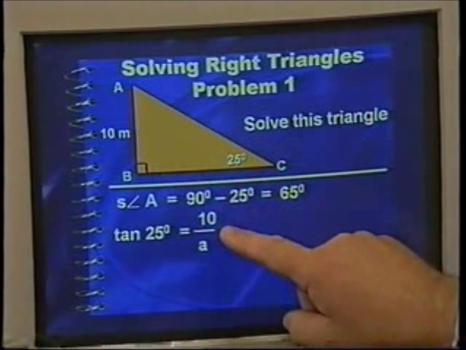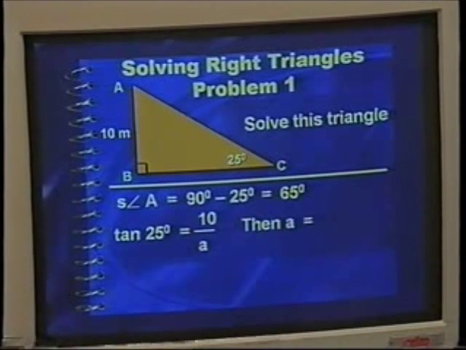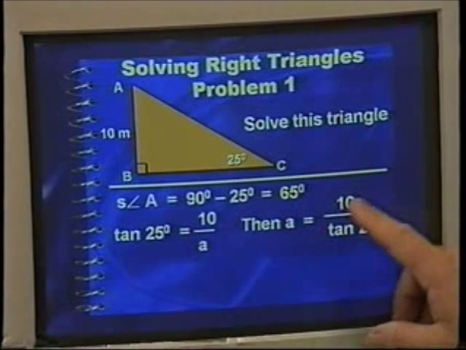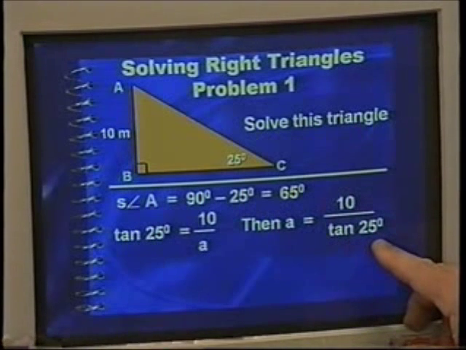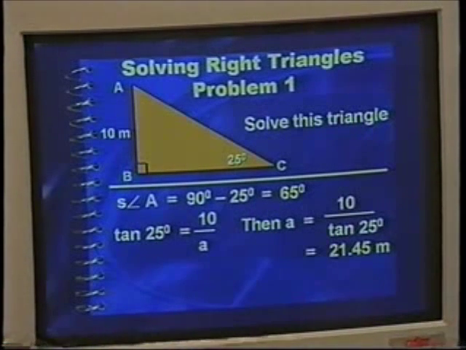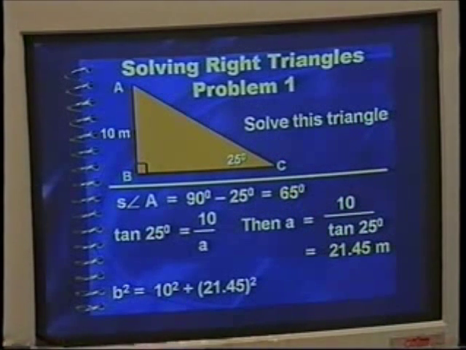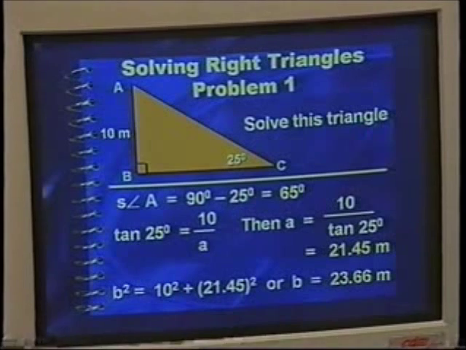If I call the adjacent A, I get tangent 25 equals 10 over A, and that gives A equals 10 over the tangent of 25 by simple solution to an equation. In the calculator, 21.45. It remains then to find the hypotenuse, and of course we can use Pythagoras for that, and the answer there becomes